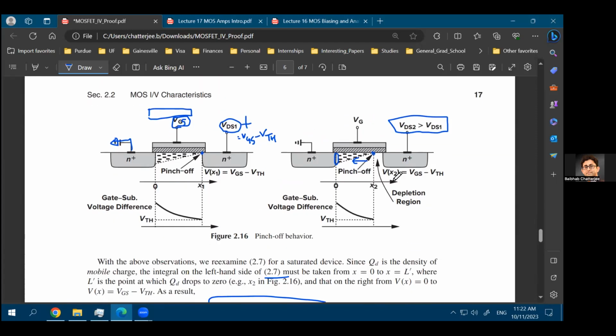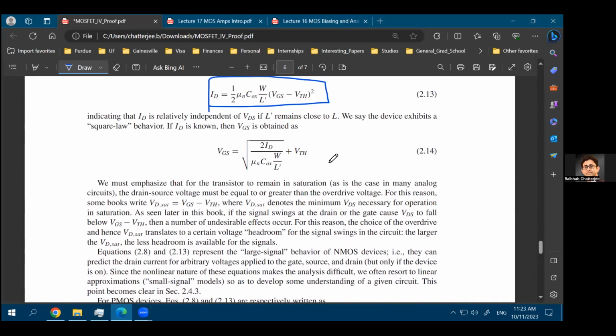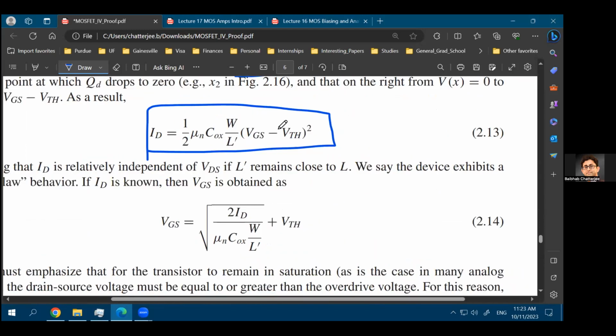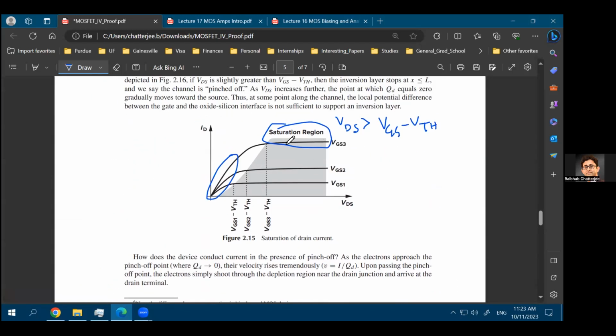Okay. All right. So now one interesting thing here is that apparently this does not depend on VDS at all. So you should see an infinite output impedance. Why am I saying it should have infinite output impedance? What's the definition of output impedance? That you connect a test voltage source at the output, and find out how much current is flowing at the input side. So if you connect a test output voltage, an AC output voltage,